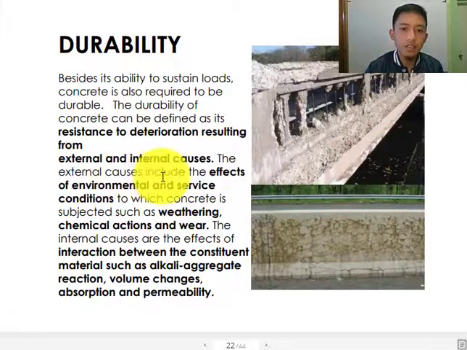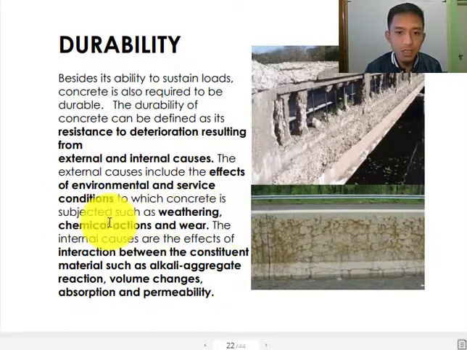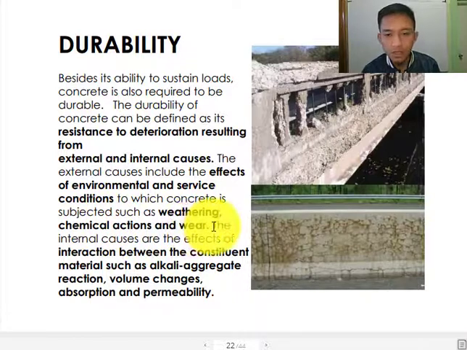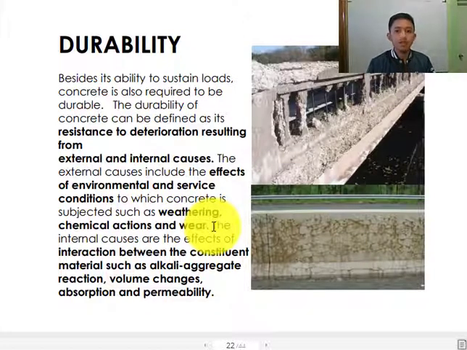The external cause includes the effects of environment and service condition to which concrete is subjected, such as weathering, chemical action, and wear. Okay, so those are the external factors. Okay, it's either the environment. Let's say the environment is too hot or too cold. That will affect the durability of the member. Or let's say